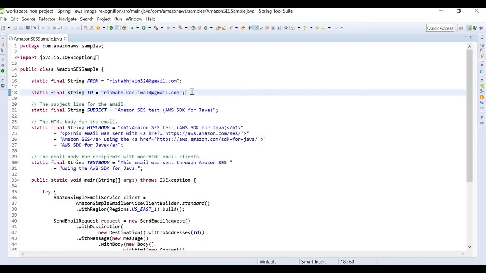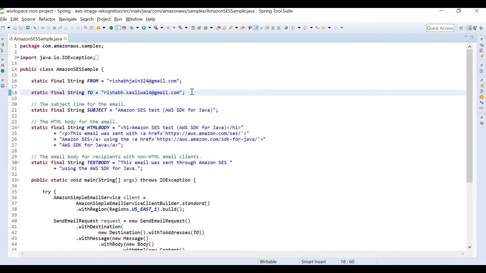IDE. So if you would like to know how to configure your IDE with AWS Toolkit and with the role, then you can check out my video on AWS Toolkit and demo and setup using Java. The link is at the top. Moving on, once the role is configured and once the IDE is set up with the AWS Toolkit, you can create a new AWS project. So I have created a new project.